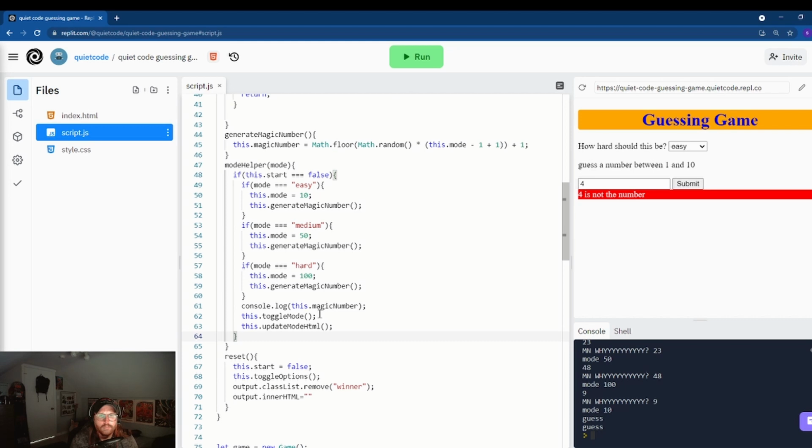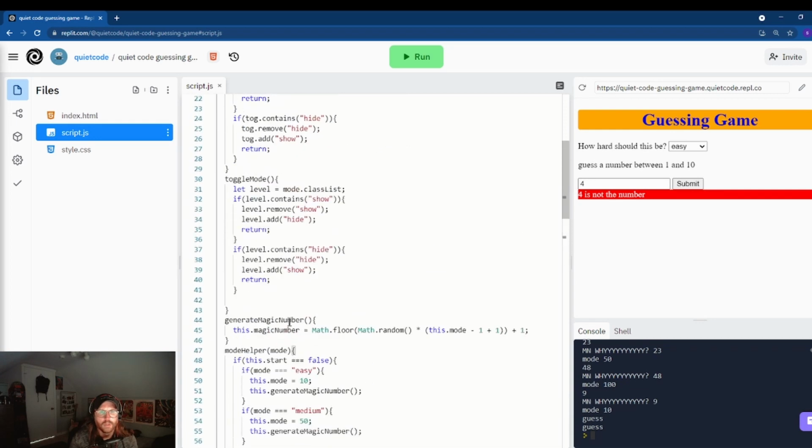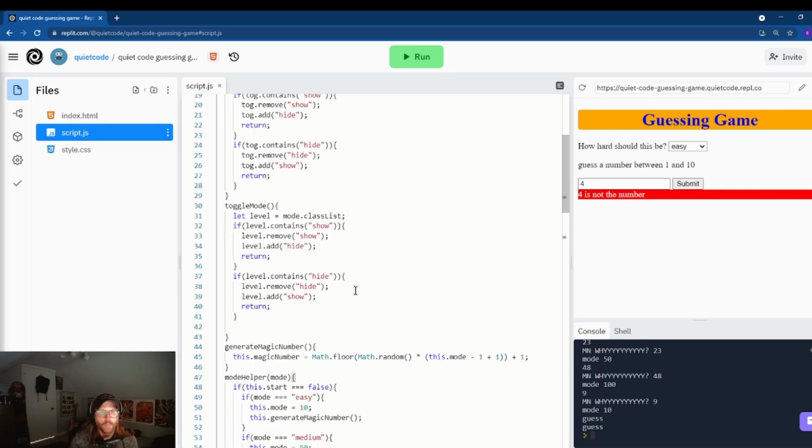Oh right. If I put it there, it would like disappear. Hang on a second. If this worked, if level contains show,